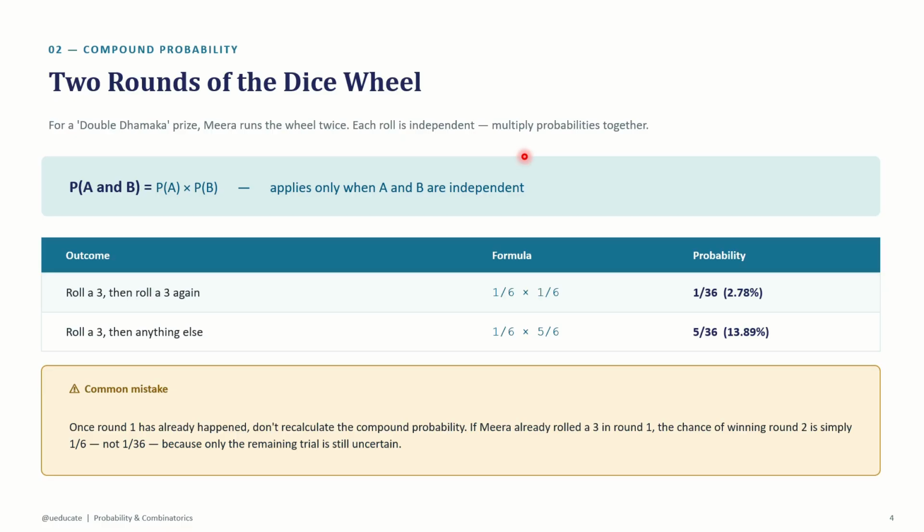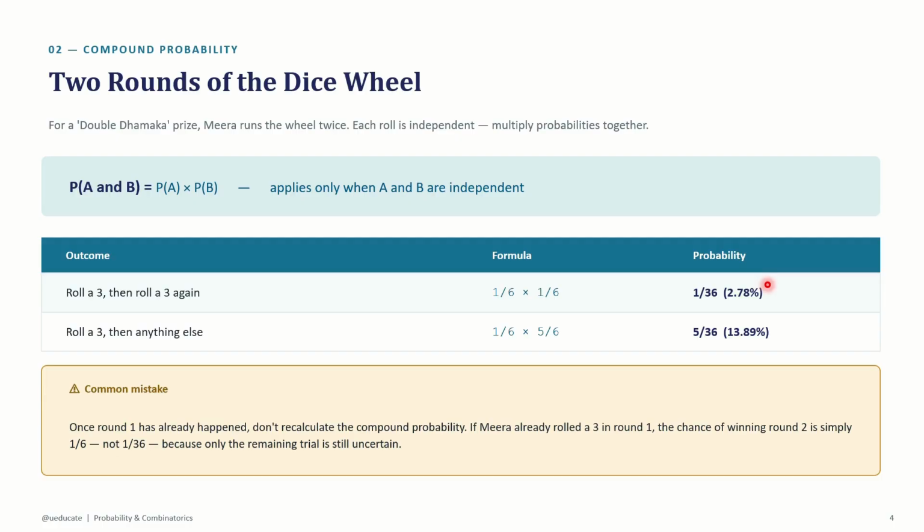When 2 trials are independent, meaning the second roll has no memory of the first, you find the compound probability by multiplying the individual probabilities together. So the chance of rolling a 3, then rolling a 3 again, is 1/6 times 1/6, which equals 1/36, about